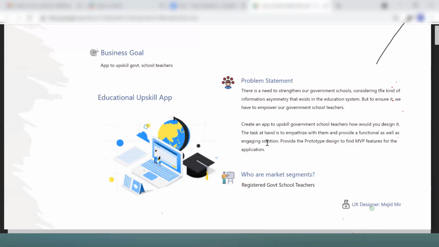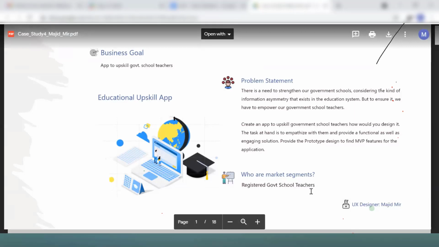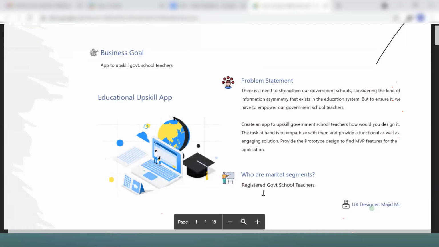As a UX designer, you get the data and do the analytic part. The business is asking for a design which provides a functional as well as engaging solution, so it should engage the users. Who are the users? The market segment we call users: registered government school teachers.